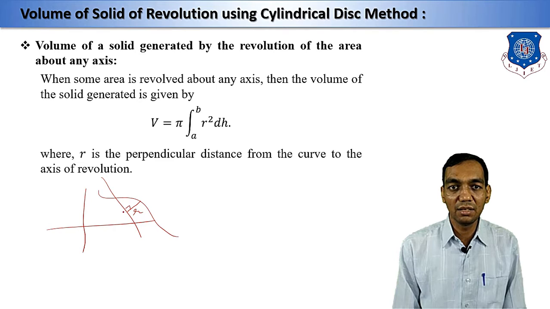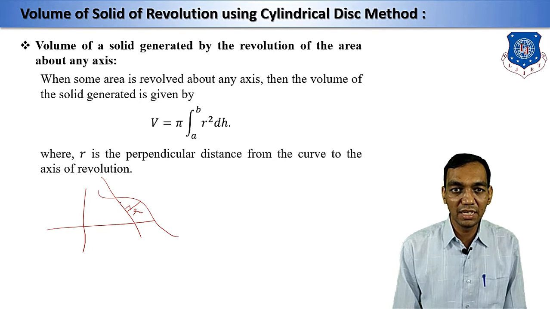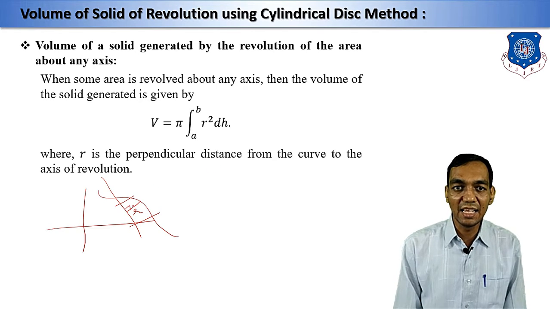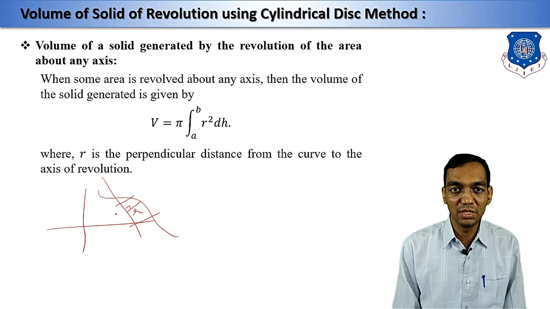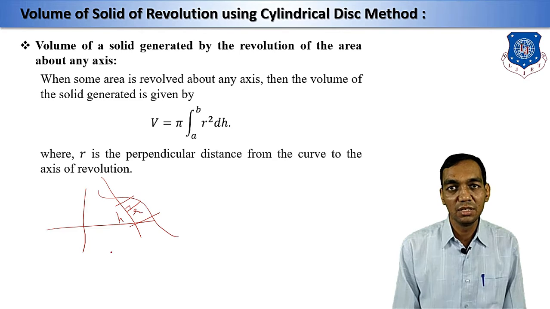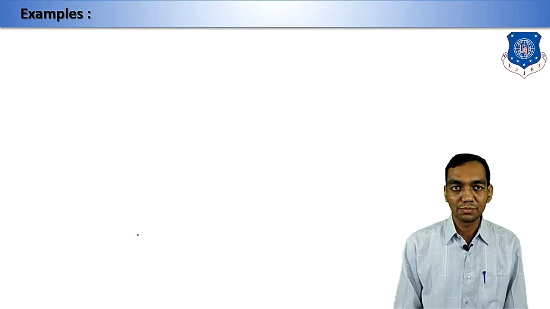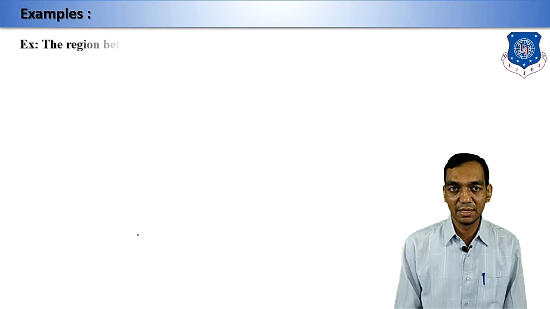And you are rotating this curve from whatever the point. Suppose you are rotating it from some point to some point, then you will have the rotation where h is nothing but the height of this one. That means h is nothing but the height of this rotation. Okay. So please remember, in general, this is the volume for rotation about any axis. Done? Now, we are going to start with the example.